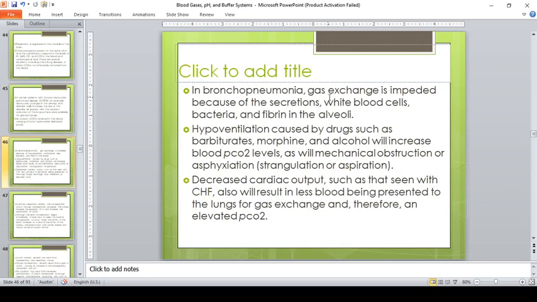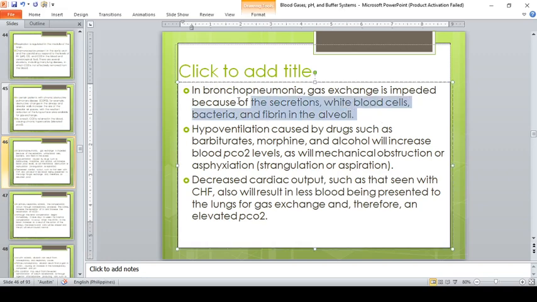In bronchopneumonia, gas exchange is impeded. Kanina, reduced yung alveolar walls for gas exchange. This naman, in bronchopneumonia, gas exchange is impeded because of the secretions, white blood cells, bacteria, and fibrin in the alveoli. Kumbaga, there is a wall. May naghihinder ng gas exchange. So hypoventilation, in this case also, results to increased level of dissolved carbon dioxide in the blood,